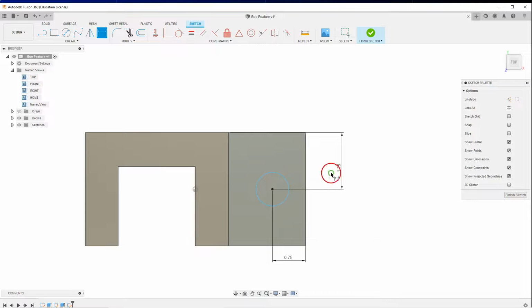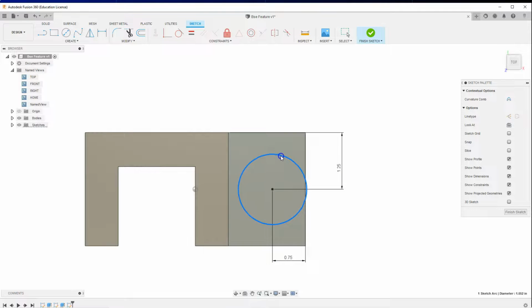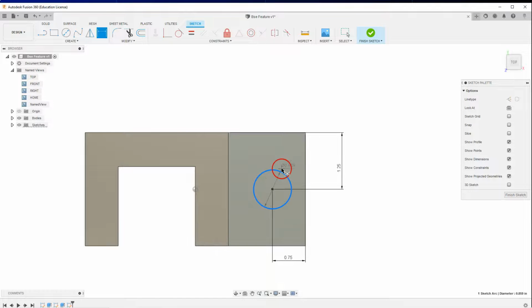If you run into a situation like this, sometimes you might just want to start dragging some of your sketches and see what happens. So I can see that this is actually moving. If it was constrained, it's not moving. Or if it was moving, that means it's not constrained. So I can't move this around. The only thing that's moving on here is this diameter, which means I need to dimension that diameter. So if I go up and select my diameter dimension and select that, put in a diameter of 0.75, now